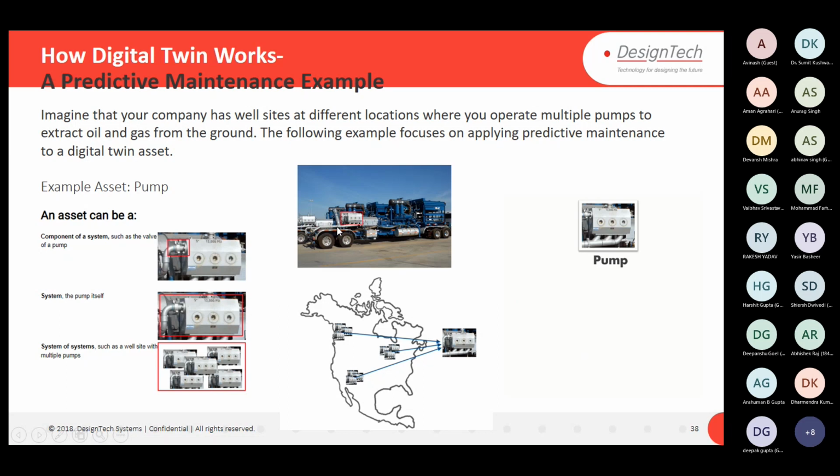We can access the data, or directly sense the data, from any part of this machine. Like here in this example, this is a pump. So we can continuously take the data from the pump and feed the digital twin. What is the digital twin? This model is built in Simulink, and we are gathering live data from the sensor into this digital twin model, and we can also create different types of scenarios